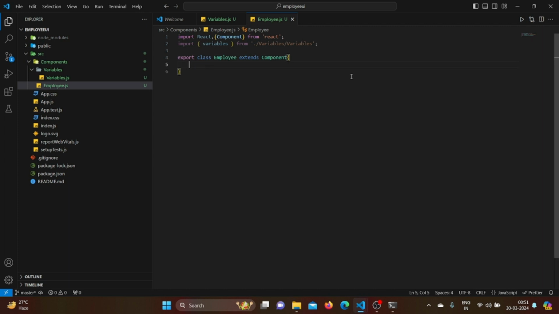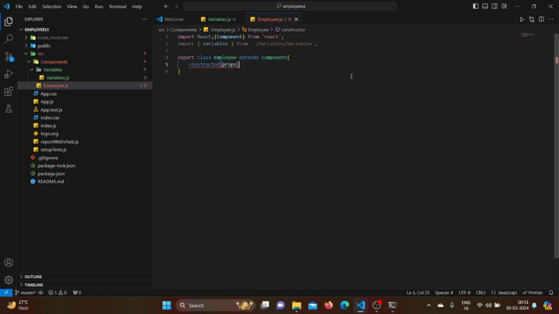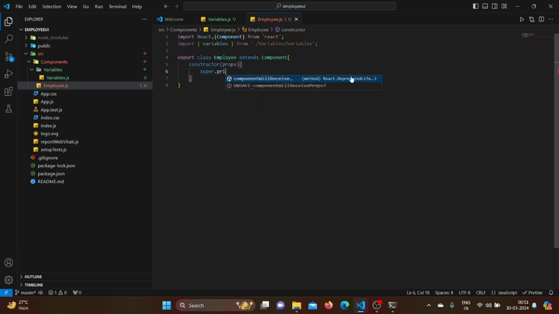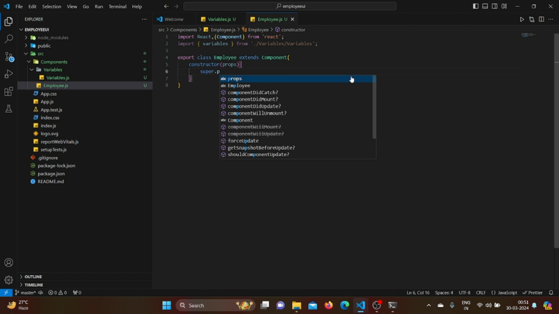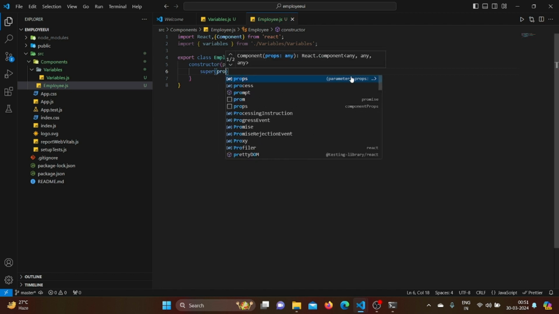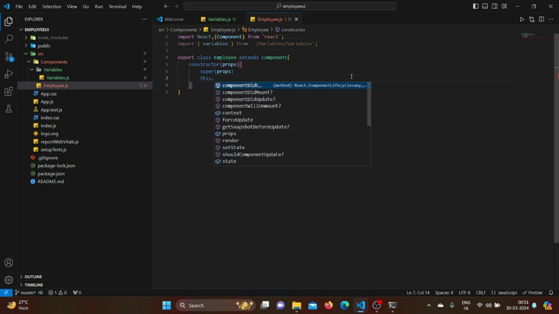So yeah, here I will pass a constructor and I'll pass props in the constructor, and then we'll define our state in the constructor. super(props) is one of the syntax of React for the constructor, and herein I'll pass this.state,